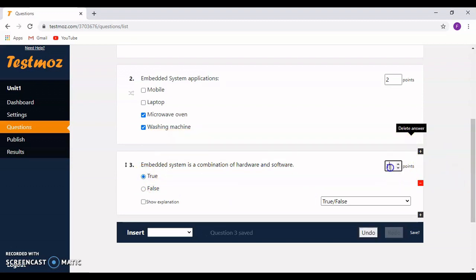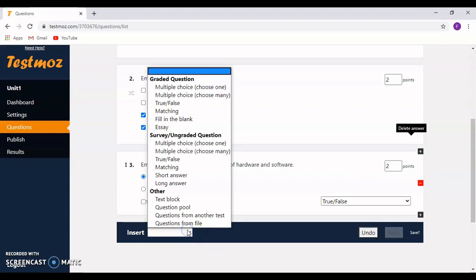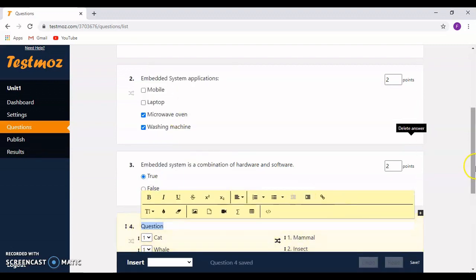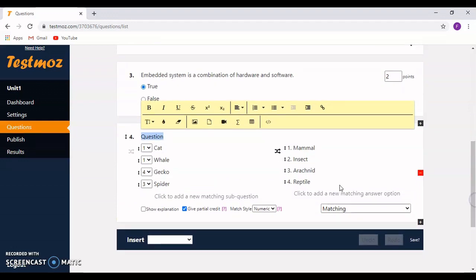Matching. I click on match. As you can see, on one side all the animals are listed, on the other side what they are, and here in the drop down box the correct answers are listed.